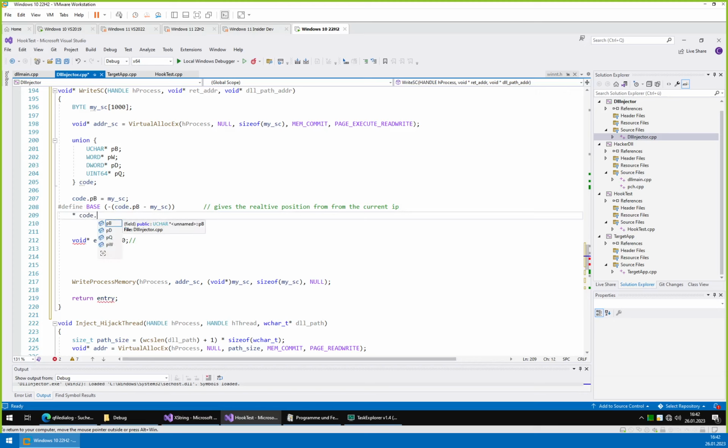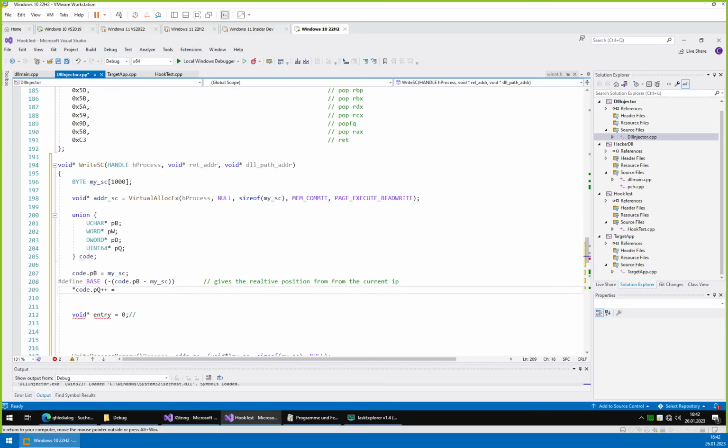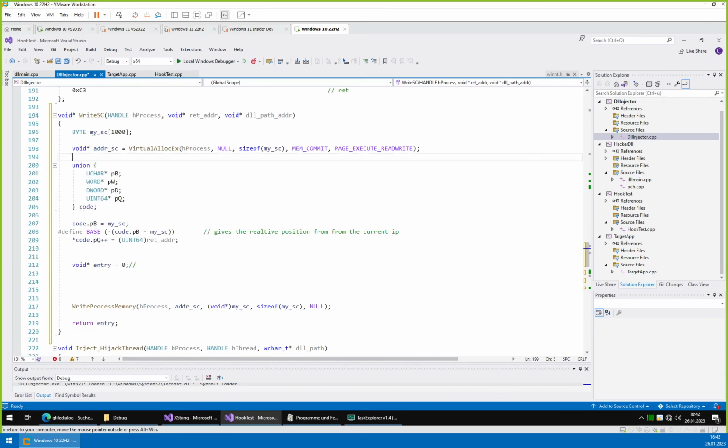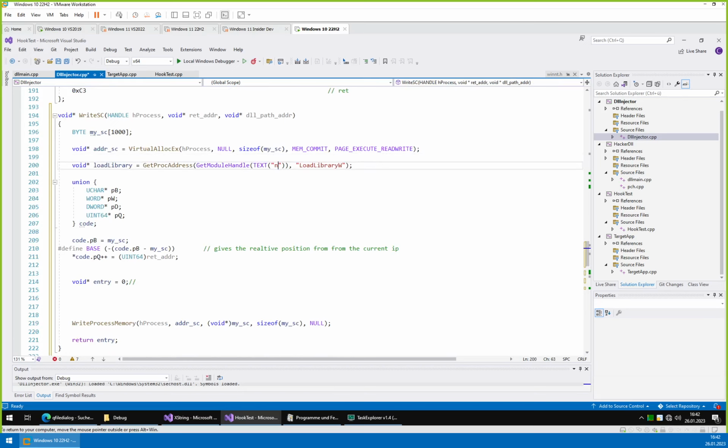*pq++, the address where we actually want to go. So this thingy will be our first parameter. That will be our first slot. Then the next address will be the address of the function that we want to call to load our library. So for now we will just go with this method of obtaining the address. We can change this later, but we need the different address, so we go here with ntdll.dll